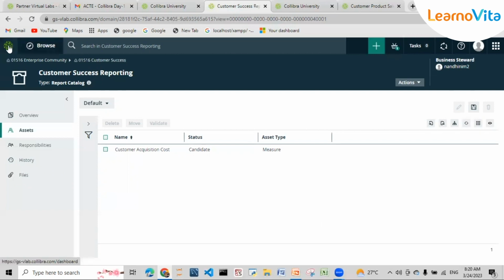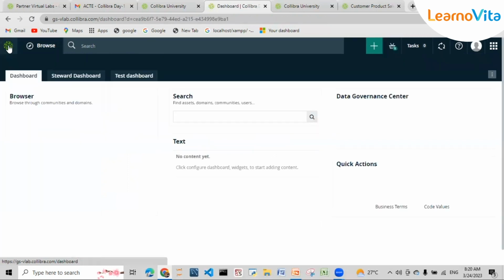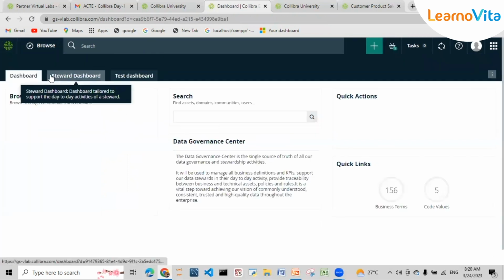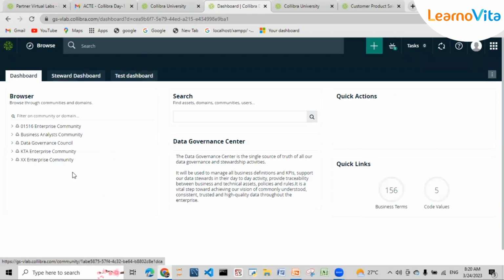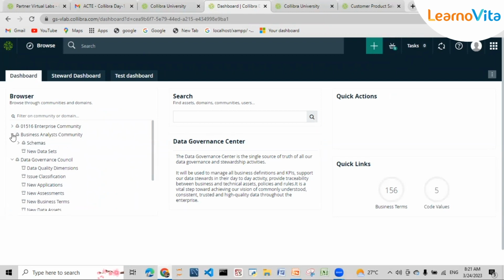Then let's continue. So let me go to the landing page again. Likewise, the dashboard is the default landing page of Collibra, and here we can see the committees. So this is one committee, and the business analyst committee and data governance committee will be there in every DGC. In the business analyst committee, there will be new datasets. We'll be looking at what datasets are,